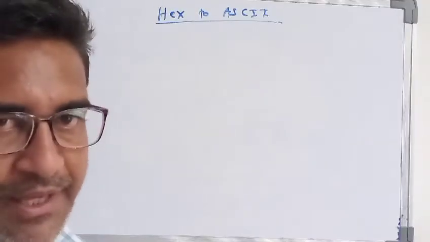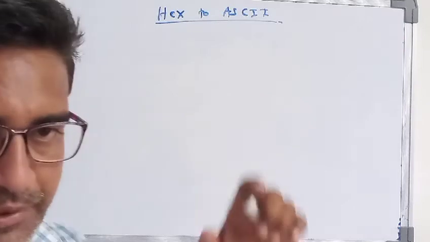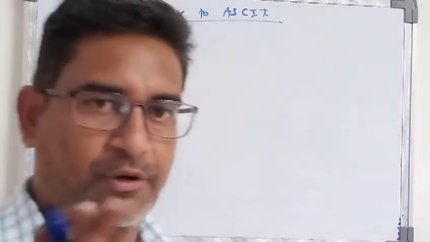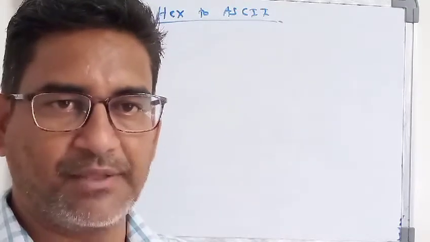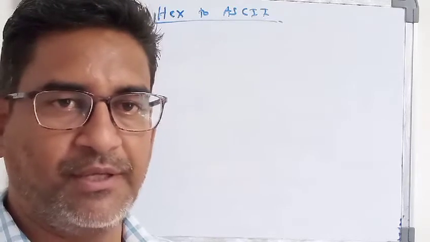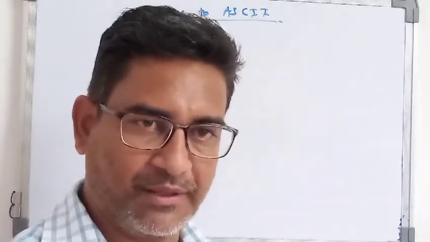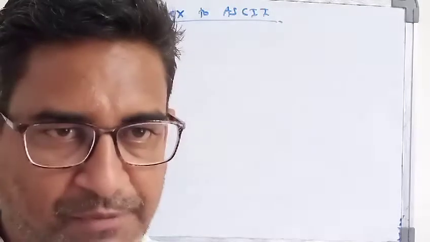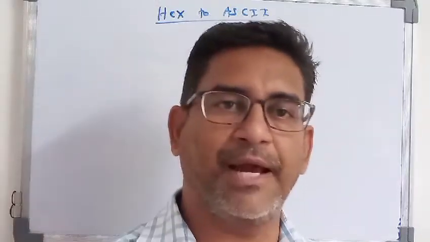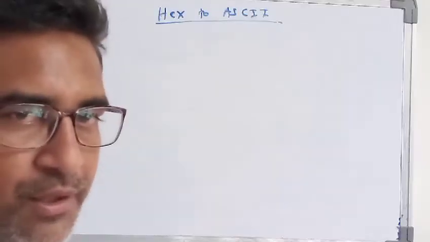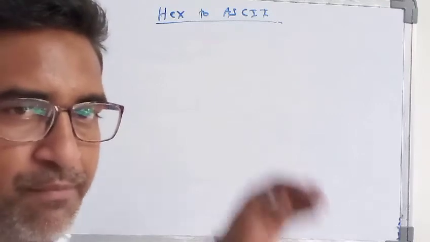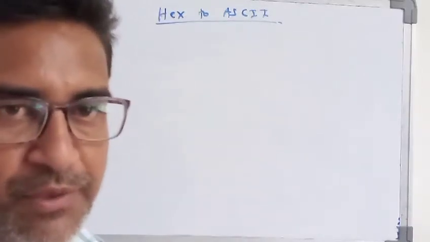Hexadecimal to ASCII. The ASCII block has been given in your book also. From that, you have to see the number. What is the code assigned for that particular 0, 1, A, B, C, D? Capital A to Z and small letters have been assigned, and for 0 to 9 some characters have been assigned. As you know, ASCII is a 7-bit code. From that, you have to take out the code, and that code has to be displayed by this particular program in the Anshuman kit.